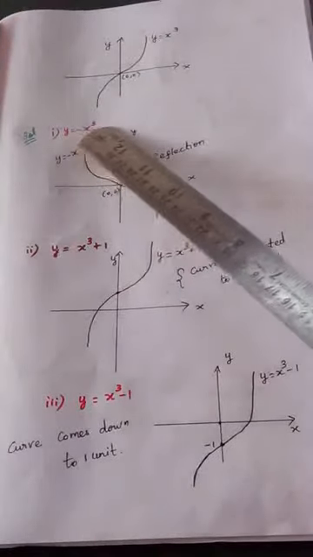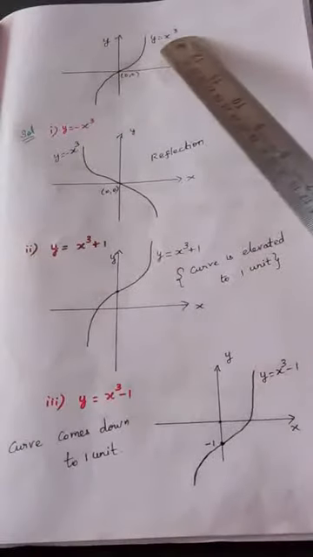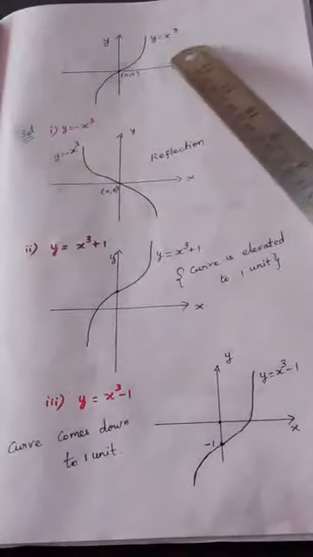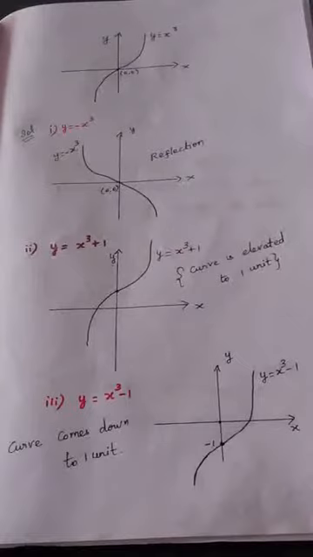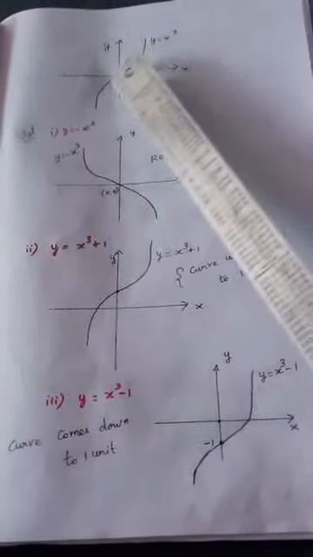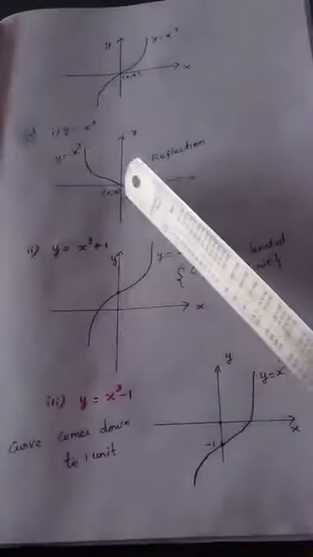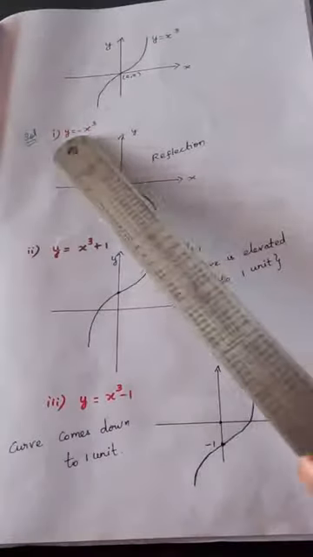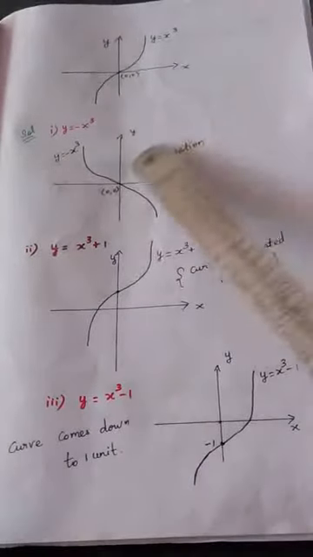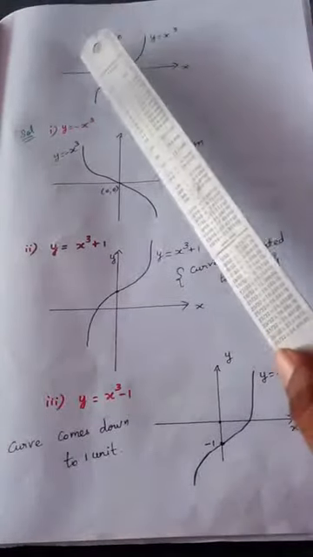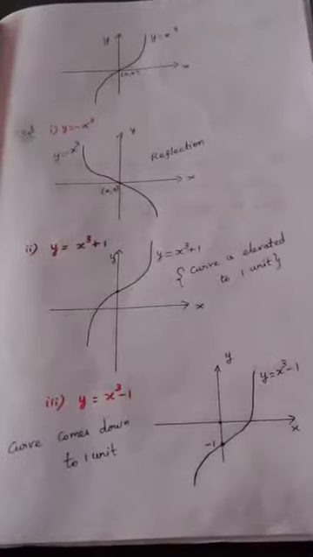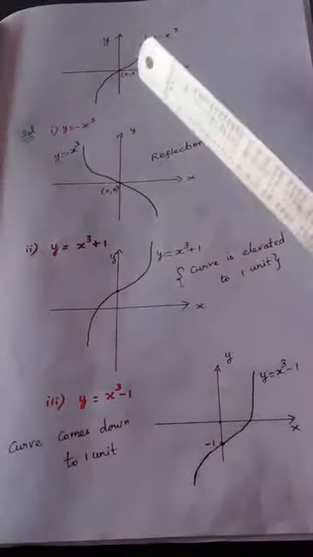is y is equal to minus x cube. What is this? Y equal to x cube. What is this? Minus x cube. So same thing, only differs with minus symbol. What is the meaning? Reflection. Reflection means, since this is the given diagram, when it looks like a mirror, it will just turn like this. So this is the diagram for y is equal to minus x cube, because this and this differ only with minus sign. So the reflection concept will be applied. Just this part will go here and this part will come here, and the diagram looks like this. When you know what is meant by reflection, you can easily draw this diagram.